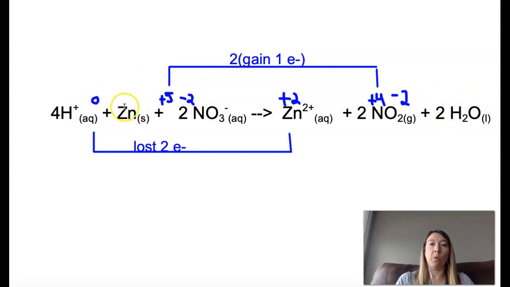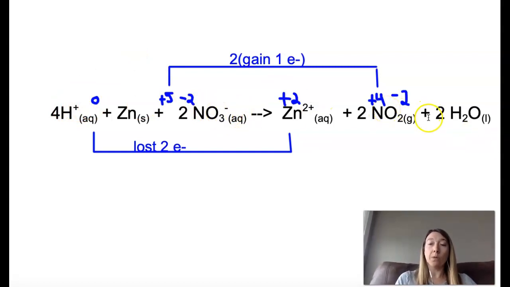Then we have zinc. We have 1 zinc, 1 zinc. So those are good. 2 N's, 2 N's. We have 6 O's. 4 plus 2 equals 6. So atom-wise, we are balanced. Now we need to check our charges. We need to make sure that our charges are balanced. So this is where writing my oxidation numbers in a different color is helpful, because I am not taking oxidation numbers into account when I'm worried about charges. I'm looking at these actual charges,